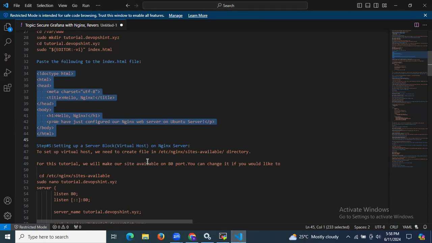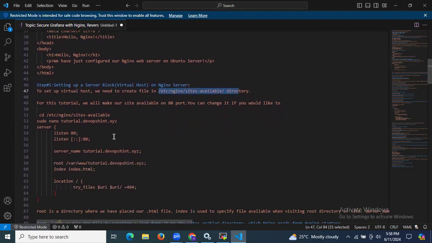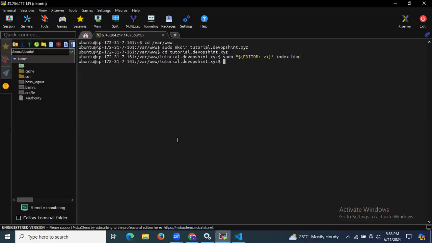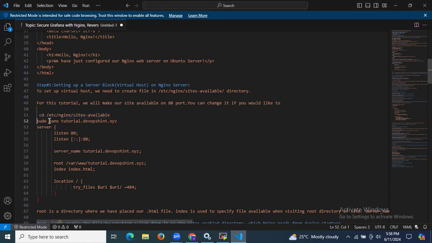Okay. After that, the next step is setting up a server block on the Nginx server. To set up a virtual host, we need to create this file in this directory. For this tutorial, we will make the site available on port 80. You can change the port number if you would like to. So I'm going inside this directory first, and in this directory I'm going to create this file